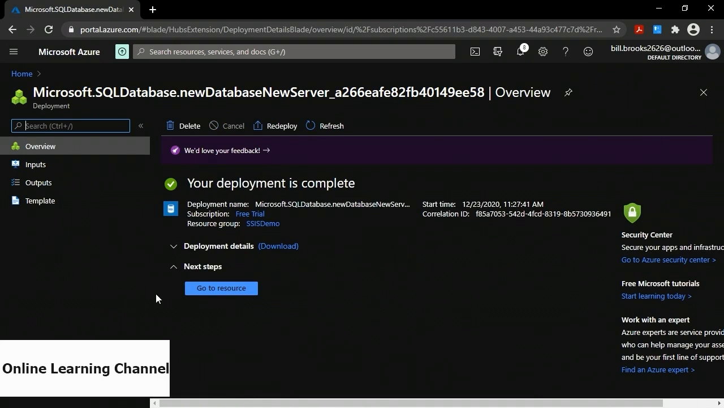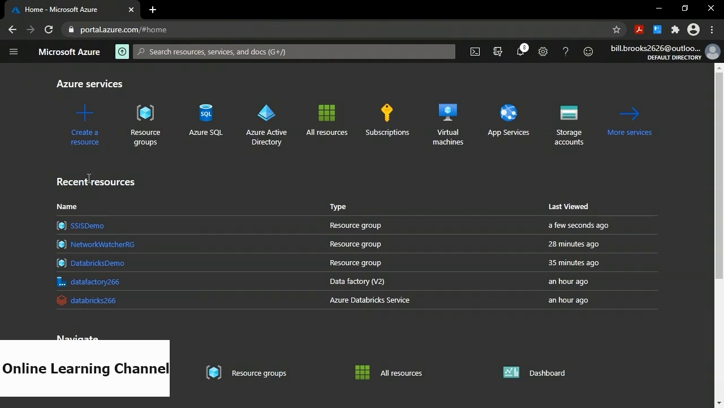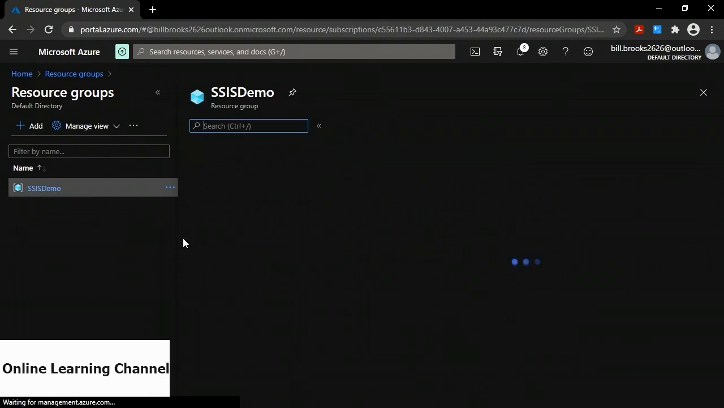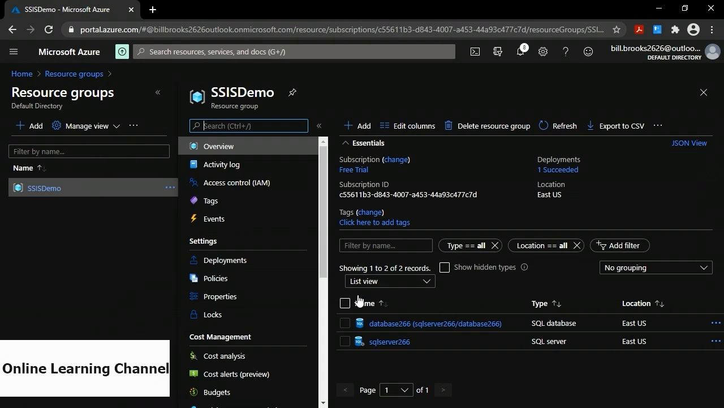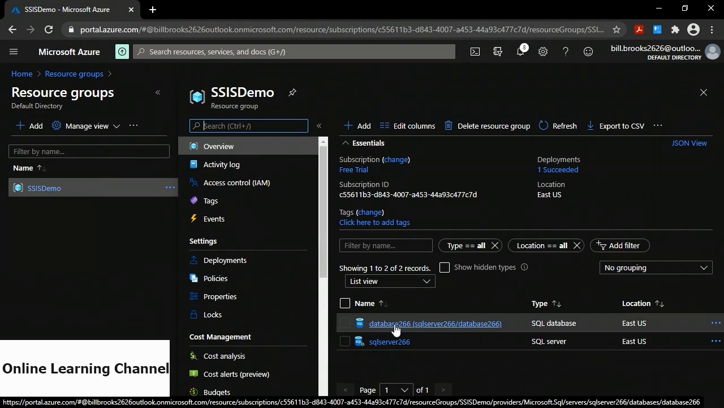Okay, so that's complete. Now if I go back to the resource group, I now have a SQL Server instance and my SQL database instance. If you're going to use Azure Data Factory to run an SSIS package, then your SSIS package would have to be imported into this database. I'm not going to do that today, but I'm going to show you the steps for connecting this to